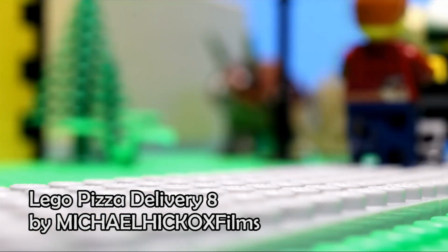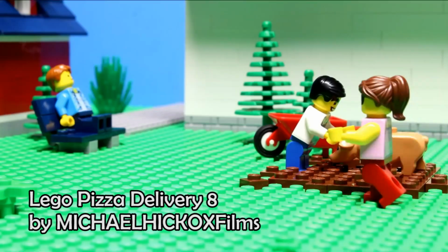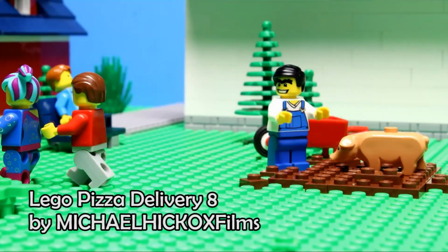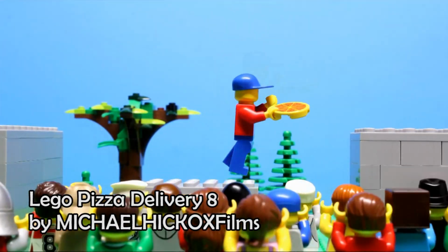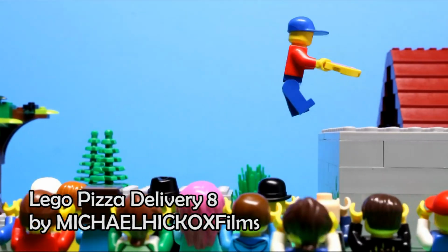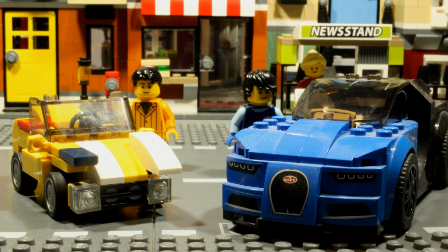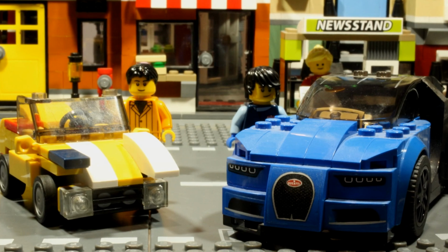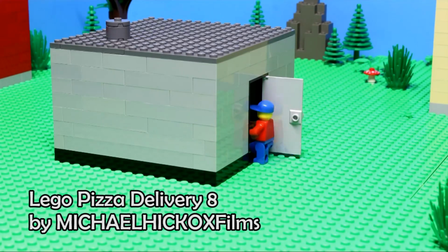Exaggeration is a technique that you can use in several aspects of your stop motion. For example, you might use exaggeration in your set design. If your animation is about two friends, one rich and one poor, you can exaggerate the difference in the size of their houses or the quality of their cars to make sure your viewers immediately catch on. You can use exaggeration in your dialogue and story, but most importantly, you can use it in how you animate